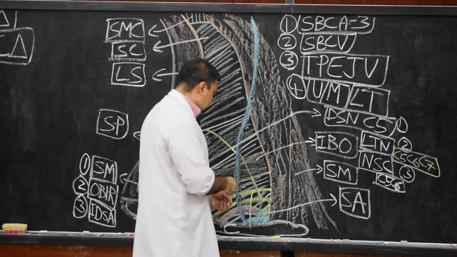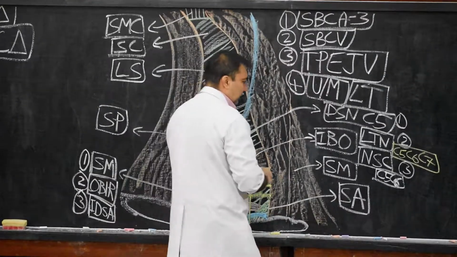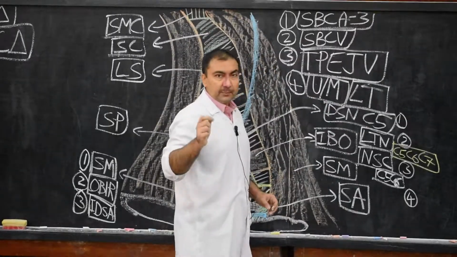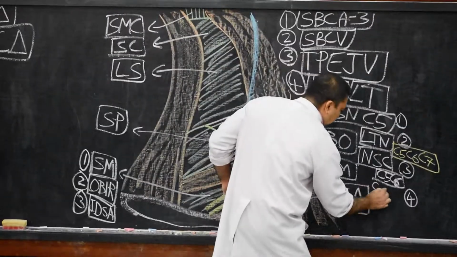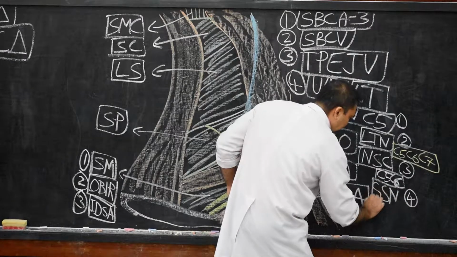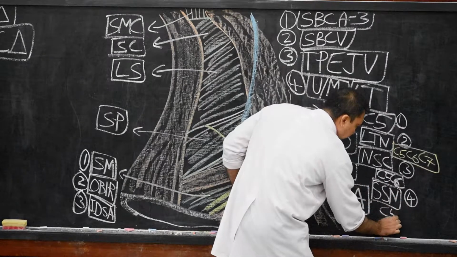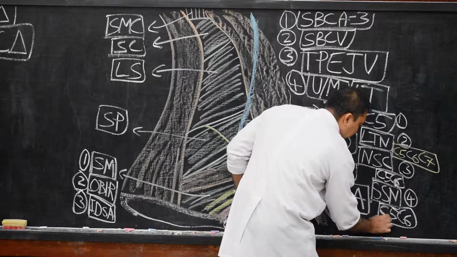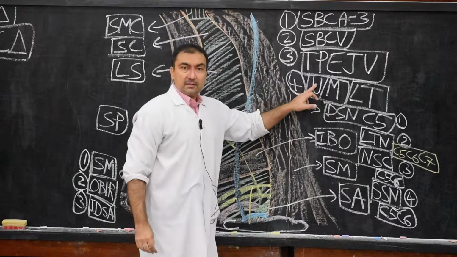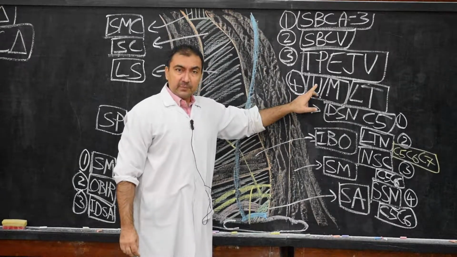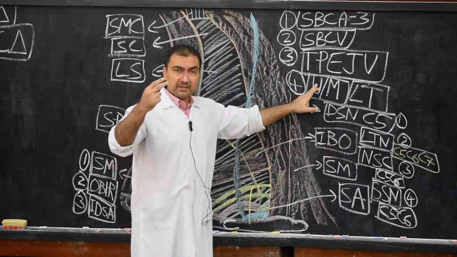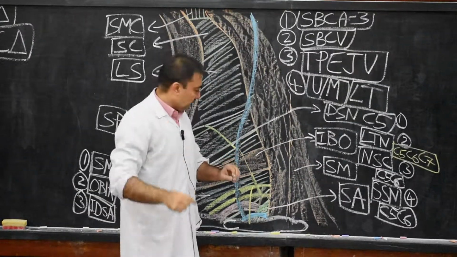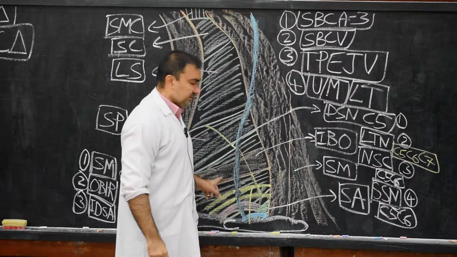Now the fourth structure which I am going to write down will be the suprascapular nerve. Again, like the nerve to subclavius, it is a branch of the upper trunk of the brachial plexus. So there are two branches of the upper trunk of the brachial plexus, carrying the rootlets of C5, C6: one is the nerve to subclavius and the other is the suprascapular nerve.